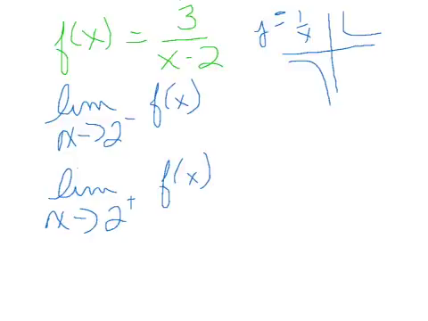So what do you think would happen in this function as x approaches 2 from the left? What happens to the graph? Negative infinity. Does the limit exist? No. This tells us what's happening. This is decreasing without bound. What happens if we approach 2 from the right? It goes to positive infinity. The limit does not exist,